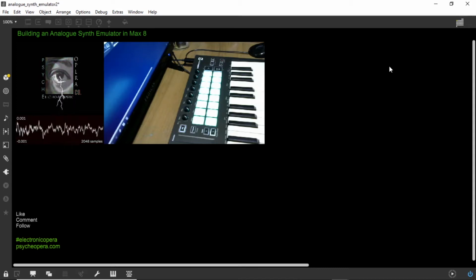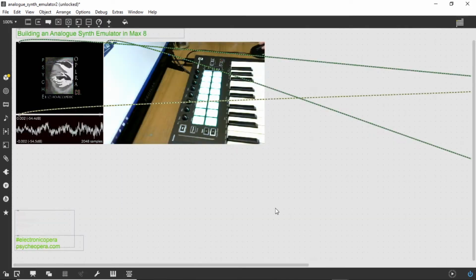Now, let's begin. I'm going to start by unlocking my patch, and I'm using a Novation Launch Key Mini, but you can use any MIDI controller you have available. If you do not have a MIDI controller,